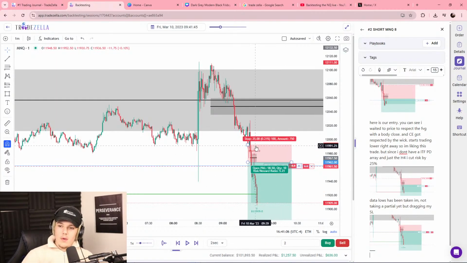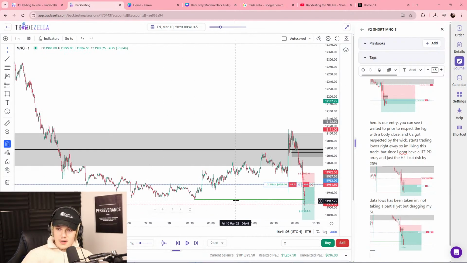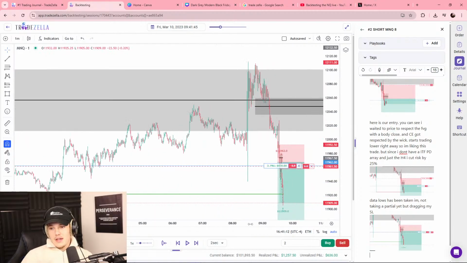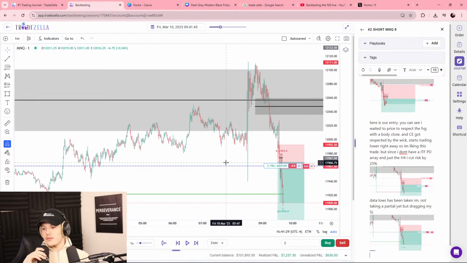Now, Asian lows is another point where price can reverse after taking. When we traded it, I am now in a big enough position to where I can take a partial. So I'll take a little bit of a partial. Oh, I thought I only had 2 contracts left. And then I'll drag my stop loss to break even to guarantee a winning trade no matter what, and profit.